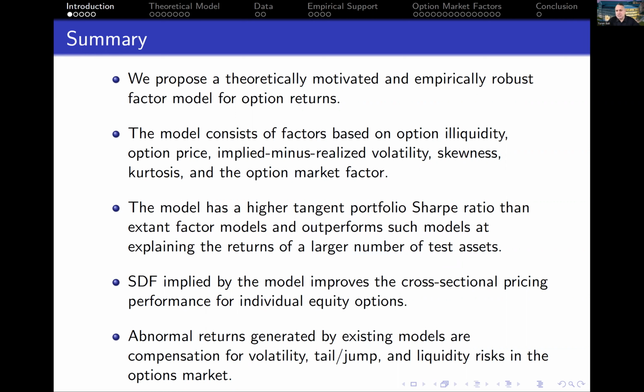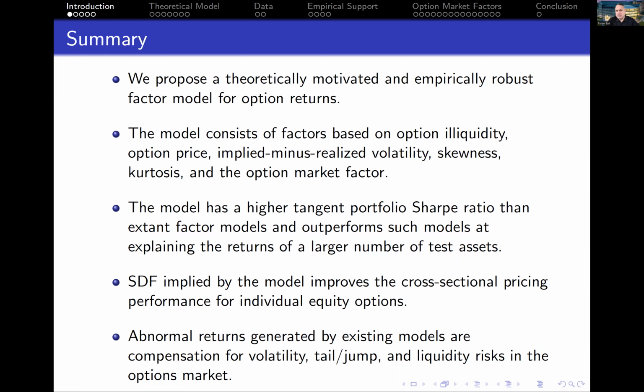Since the SDF, or stochastic discount factor, is a linear transformation of the tangency portfolio, we test whether the SDF implied by our model produces greater risk-return opportunities in the options market, and also if it improves the cross-sectional pricing of individual equity options. The answer to those 2 questions is yes, as I'm going to discuss. The SDF implied by our model improves the cross-sectional pricing and also captures greater risk-return opportunities in the options market. So one of the main takeaways, or I should say practical implications, of our findings is that